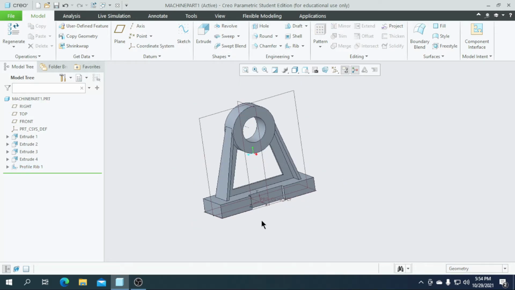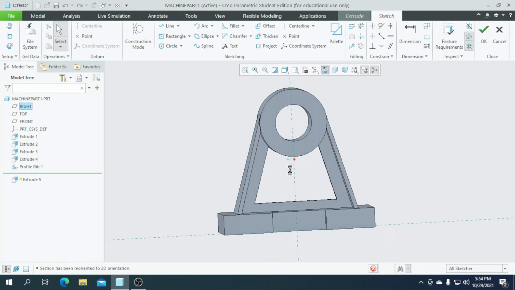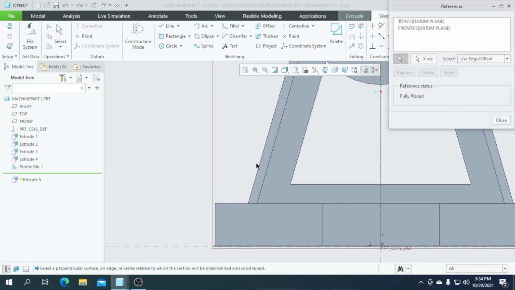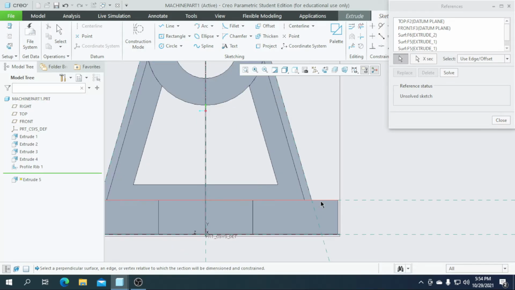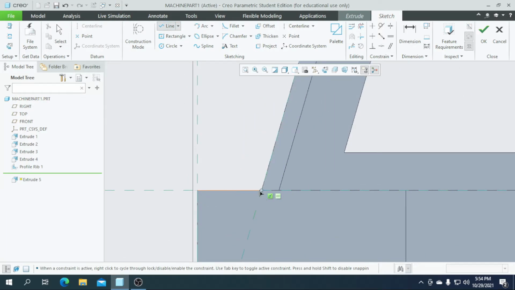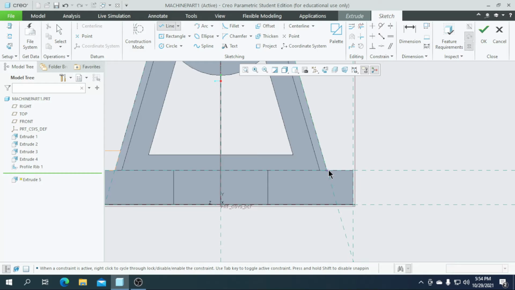So then we need to create another reference here, and go for the right plane and go for the sketch view. So for this point we are going to draw a reference for this line and this line and this line. The same on the opposite side, this line and this line. So then we are going to draw a line. It is easy to draw with this reference line, so that is why we are creating a reference line. So as the same,